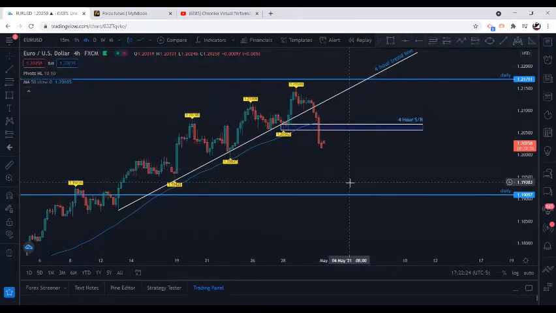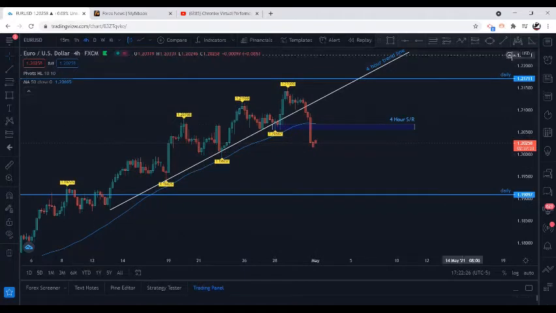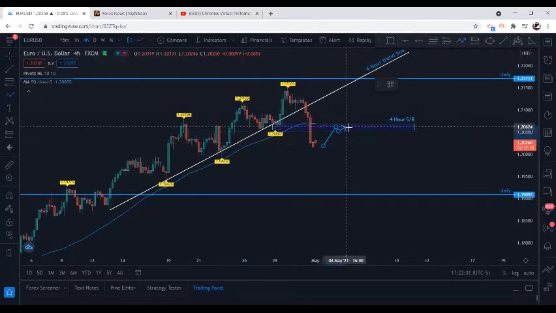So right now if we can retrace into this level and hold,